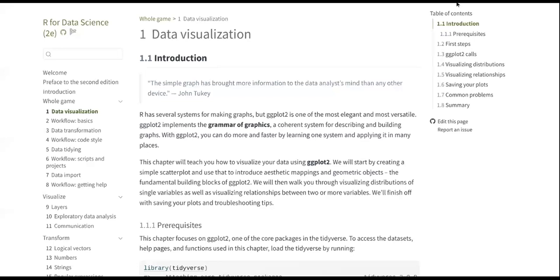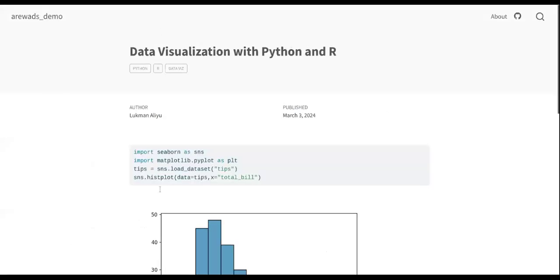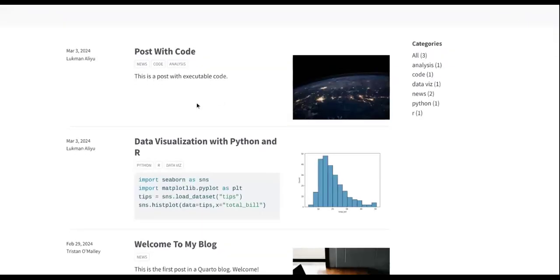And then we can also check the website we did today, which is the first one. So this is the home page. This is the home page, and then we have